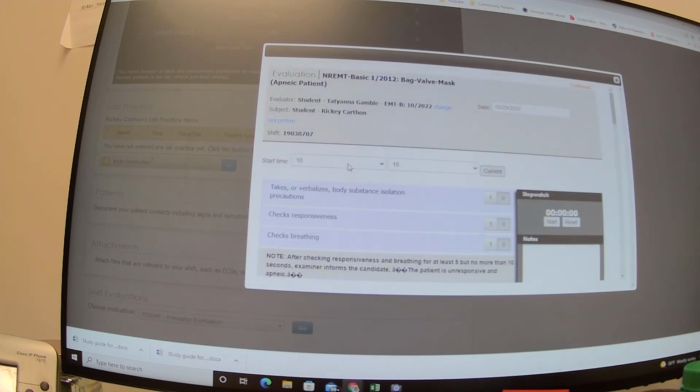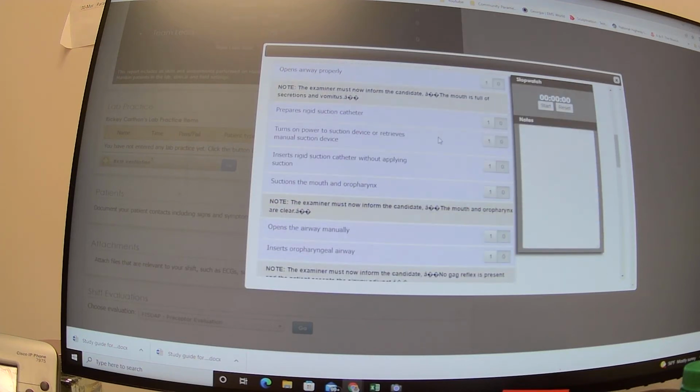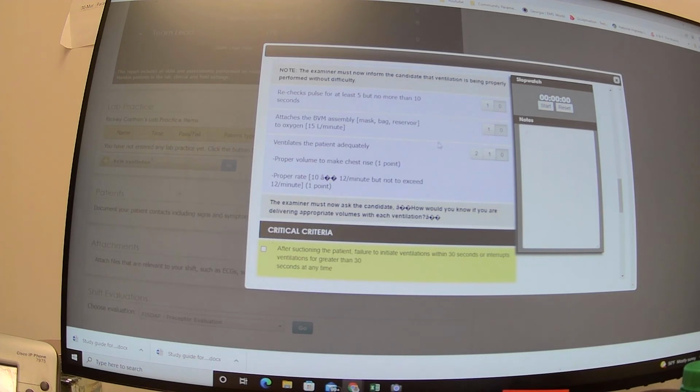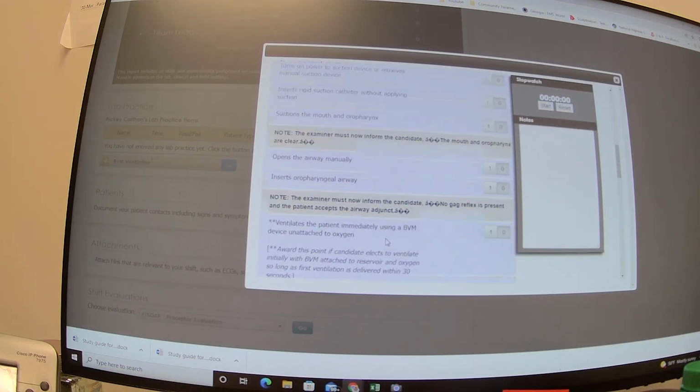Okay. So if Mr. Ricky was doing this evaluation on bag valve mask and Miss Gamble was doing the evaluating, okay, just like having a National Registry check sheet in front of you, you go through and put in this, okay? There's critical criteria at the bottom. When you're doing your peer-to-peers,